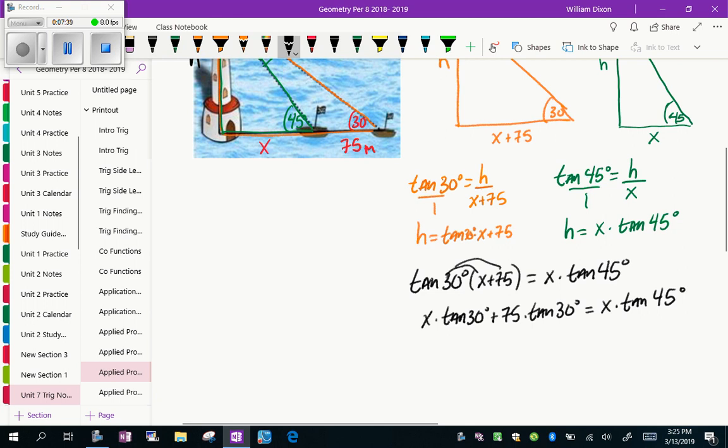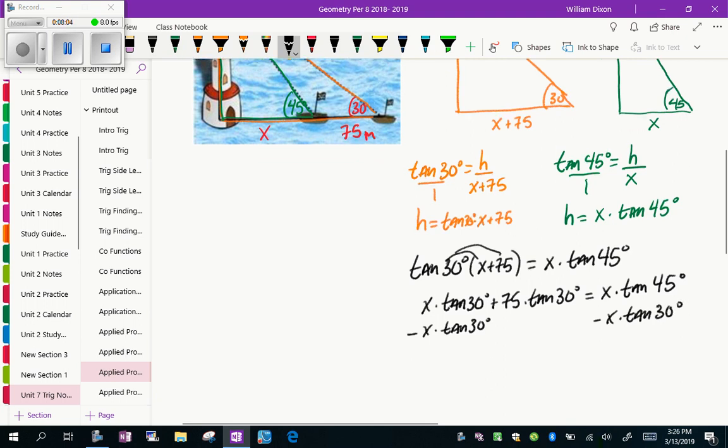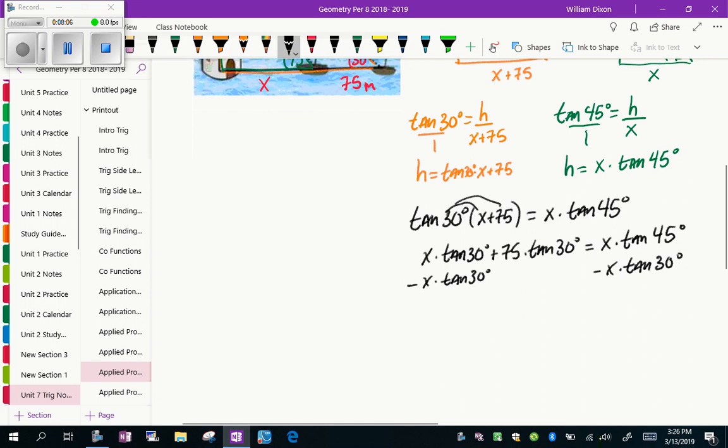So I'm going to subtract both sides by x times the tangent of 30 degrees. That's going to cancel. And then on this side, I'm going to subtract x times the tangent of 30 degrees. Okay, when I do that, I'm going to get 75